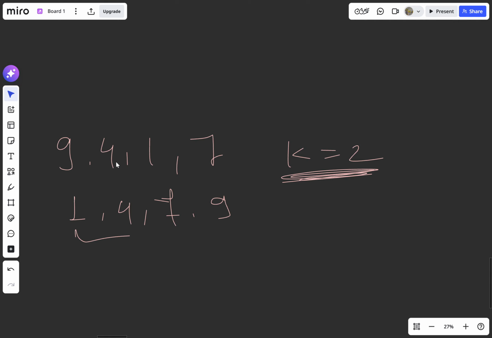To minimize our difference we pick two numbers. When we pick this two, this will be the highest one and this will be the lowest one, so the difference between them will be 3. After this, if we pick this as the lowest and this as the highest, because we have to pick only two numbers,